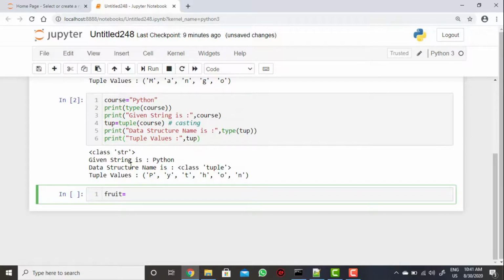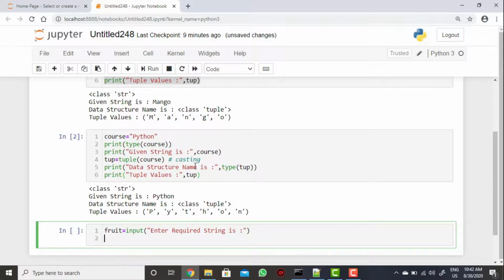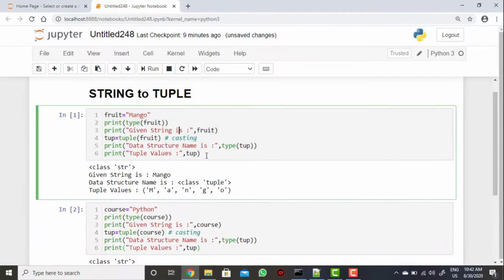And we can go with another approach to see the same thing. Fruit equal to input, so you can take the values or string dynamically. Enter the required string. Now you can copy the same code that you have.